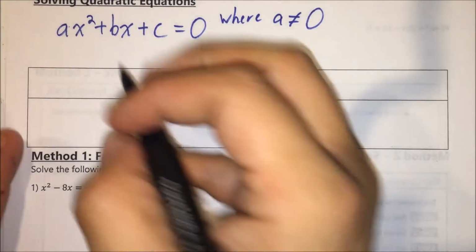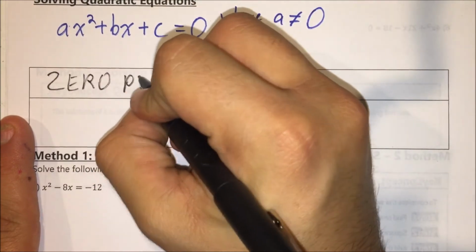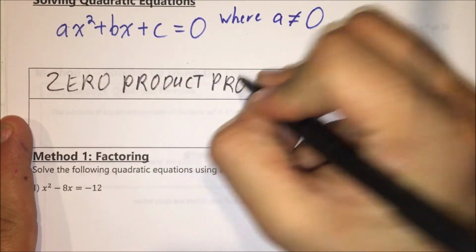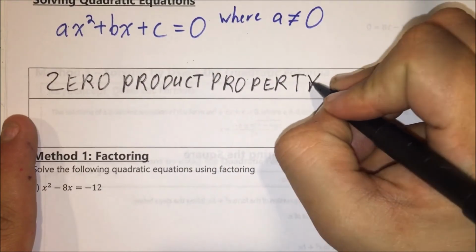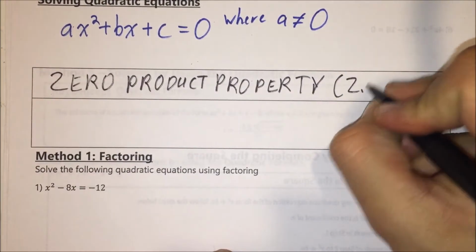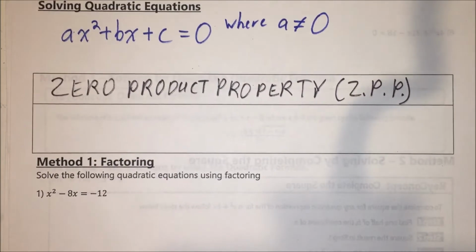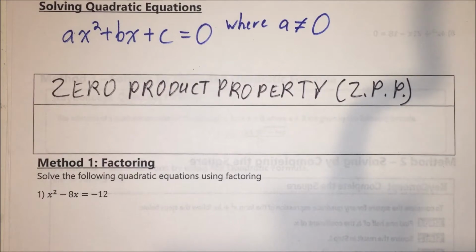Now I want to review something that seems kind of obvious, and that's something that we call the zero product property. Now this is something that you're going to see and be like, well, yeah, Mr. Locke, that makes complete sense. Duh, why do we need to talk about this? But this actually, in short, is ZPP. This actually becomes pretty important for us to remember, especially when we're dealing with quadratic equations,